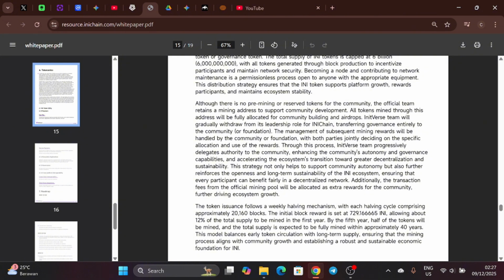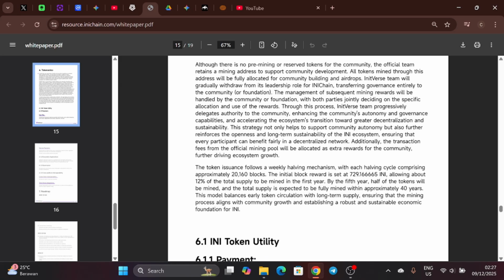It's also further driving ecosystem growth. Okay, it's a very nice description. It's very clear. The token follows a weekly halving mechanism, which is a halving cycle